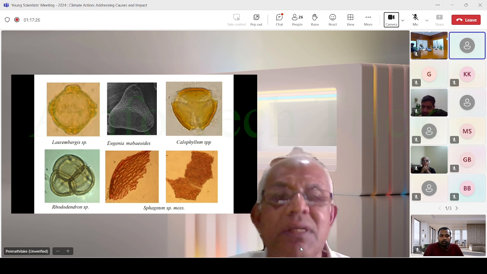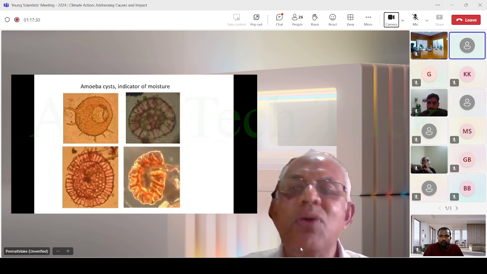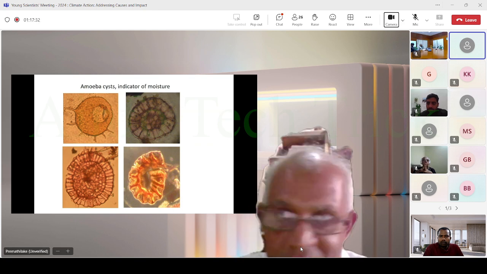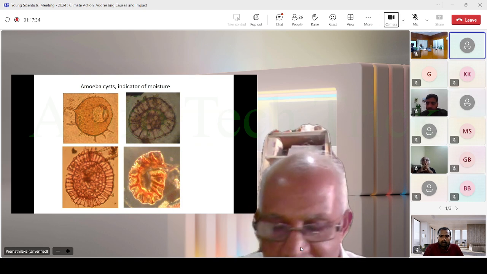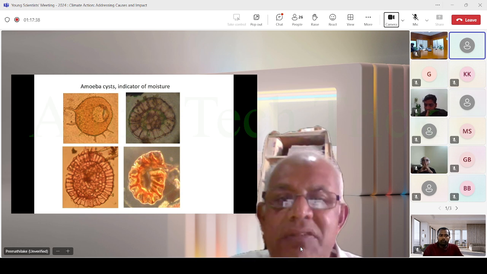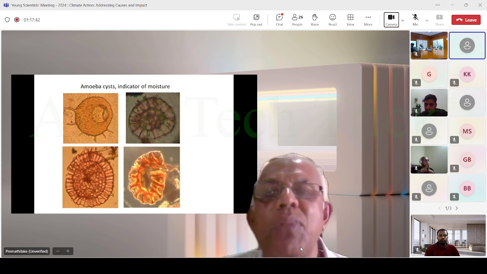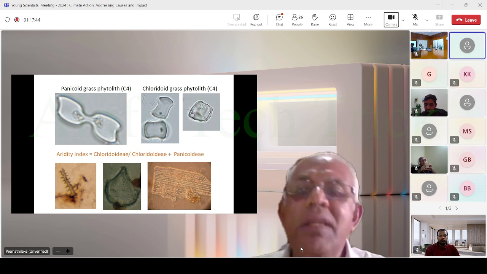This sphagnum moss pollen. And of course, another important thing is amoeboid cyst. These sediments, peat sediment and some other types of sediment that we found there, contain a lot of amoeboid cysts, which are a good indicator of moisture changes. So we use it as a proxy there. Besides that, there is an inorganic fossil, like